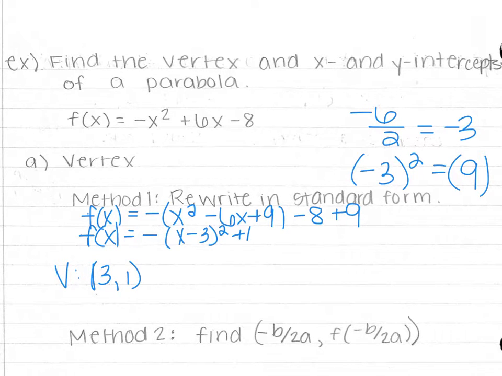Your y-intercept, that's what happens when you substitute in 0. So 0 minus 3 is negative 3. Negative 3 squared is 9. But we have a negative out in front, so we have negative 9 plus 1 is negative 8. So we'd have (0, negative 8). And x-intercepts,